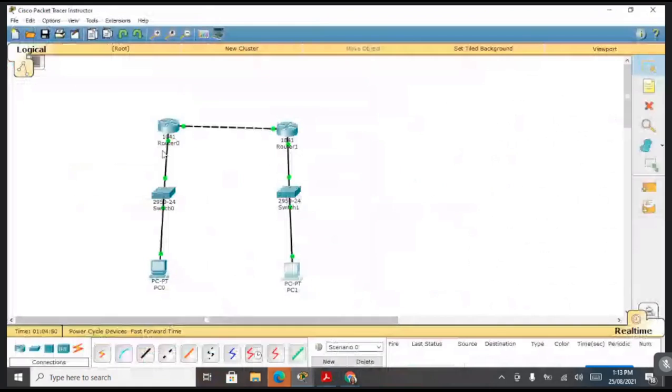How you are going to create a static route? After creating this structure, you have to configure PC0 and PC1, doing IP configuration on both. After that, configure Router 0 and Router 1 with these interfaces, fast ethernet 00 and 01. After that, next we have to configure the static route on both the routers using the ip route command. And after that, we have to ping PC0 as well as PC1 using the address. Understood?